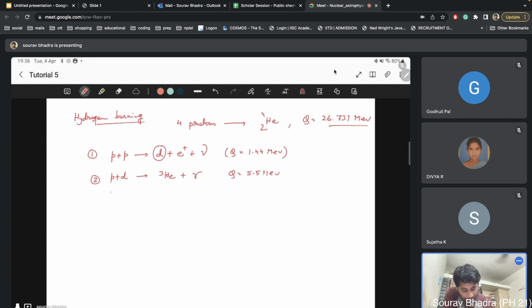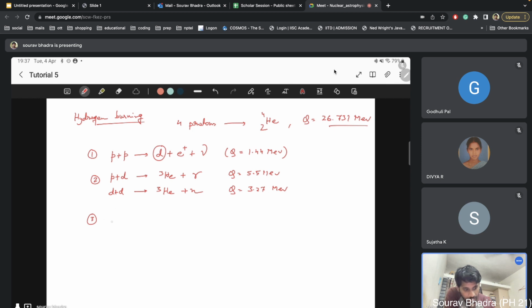Another thing can happen for this second step: 2 deuterium can also react and give a neutron, which has a Q of 3.27 MeV. This can also happen. So, first step, proton gives you deuteron, then deuteron with proton or deuteron with another deuteron will give you 3He. This is the second step, and at the third step,